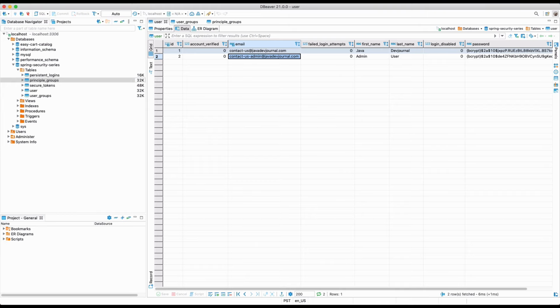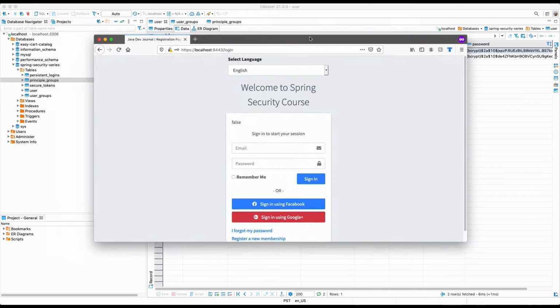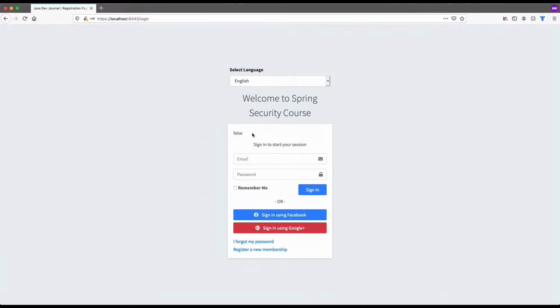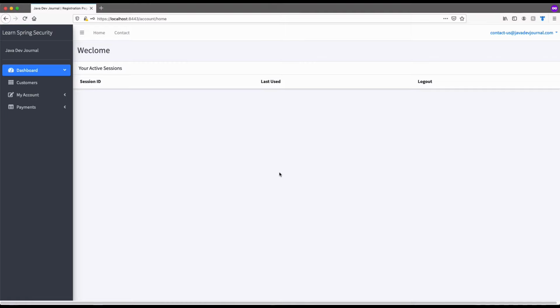All right. So my application has already started. Let's try to log in. So this is the user with a customer role. So I'm in this section, right? Based upon everything, we have a few details. Now look at this section. We have a dashboard, customer, my account, and payment detail. I'm going to do a quick logout.